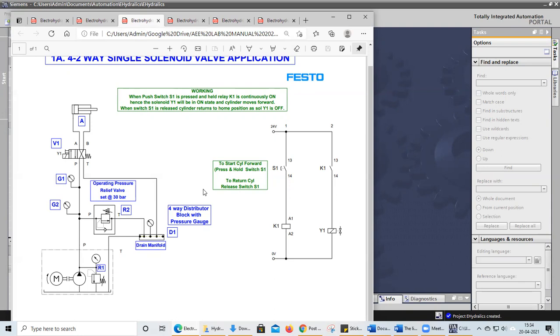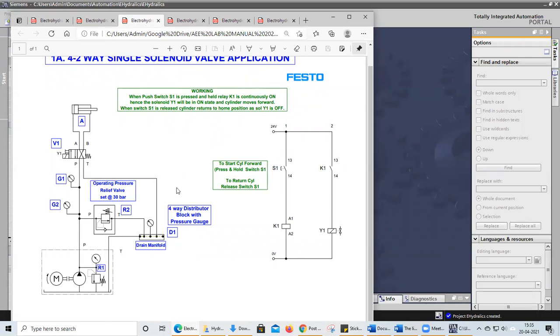So some memory blocks you can use. Always we don't have IO blocks. In order to minimize these IO blocks, we can use memory blocks. If you want to use K1 as an IO block, one IO you are going to waste. Instead of that, you can use memory options.